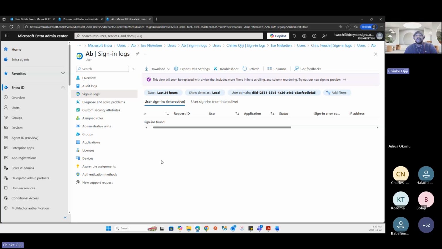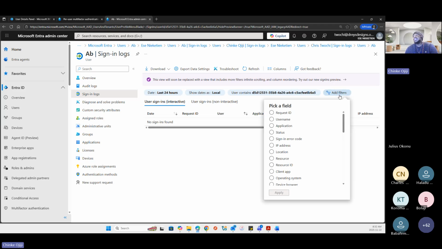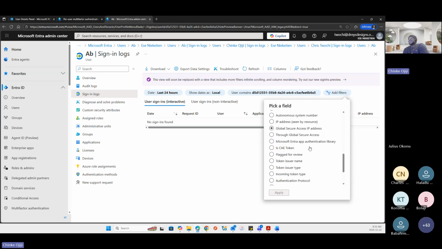Correct. Now, that is why in these sign-in logs, you have a number of filters, if you can see my screen, which you can use to review these logs.